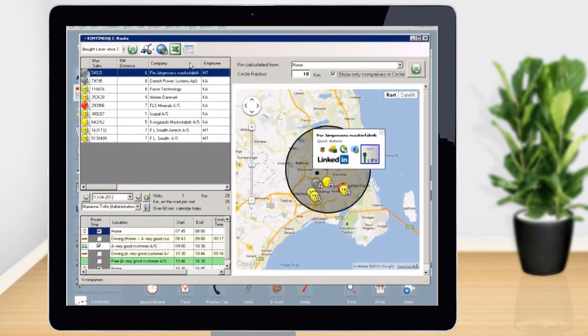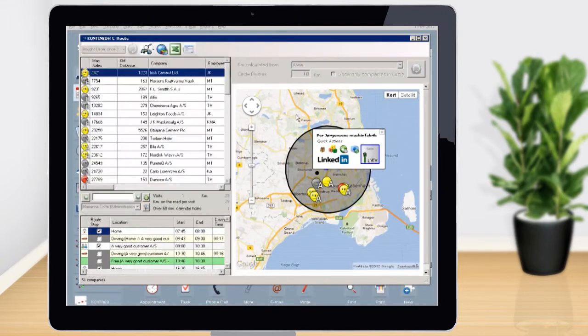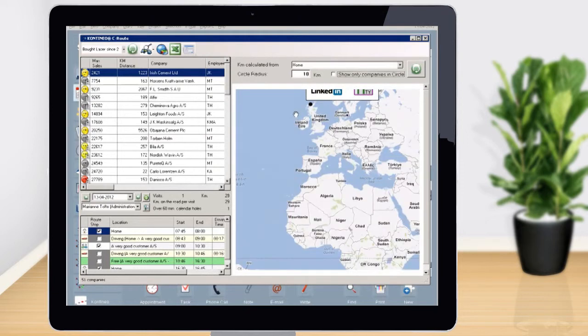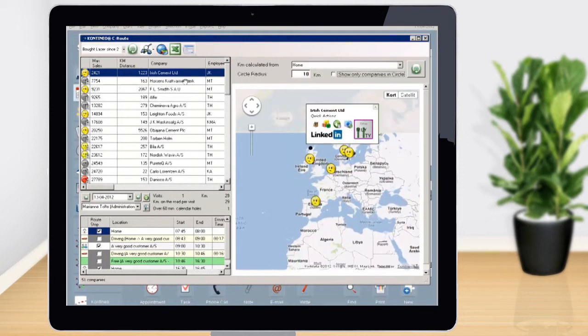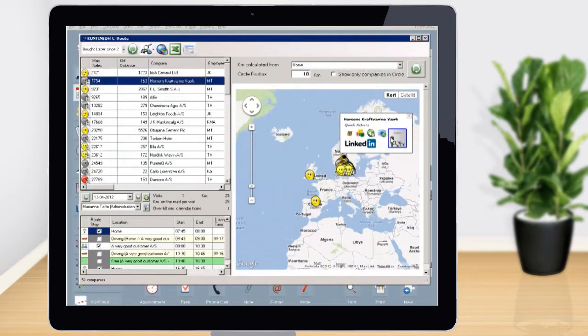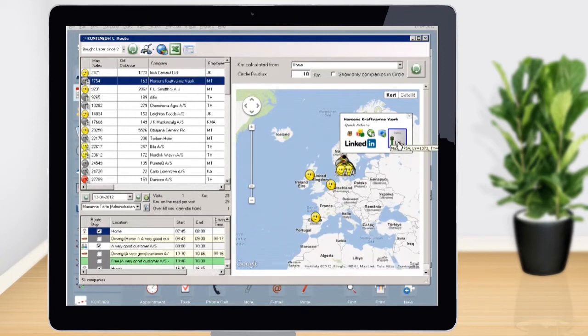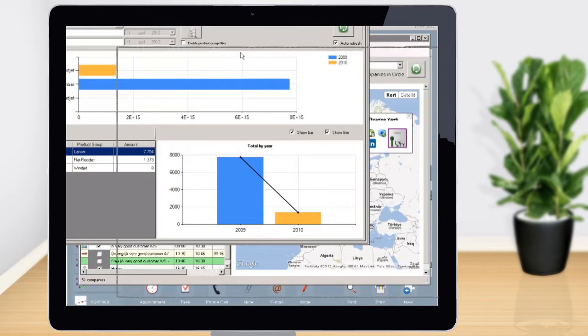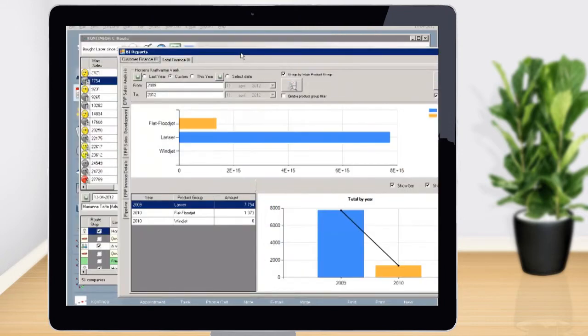This shows the customers with the day's route, which is relevant for visit planning. You can also choose to view all customers in the selection, no matter where they are located. The chart in the customer info box gives you the last year's sales, this year's sales, and maximum sales in 1 year. Clicking the chart icon brings up the finance insight for the customer.